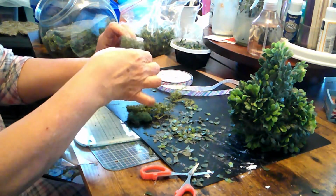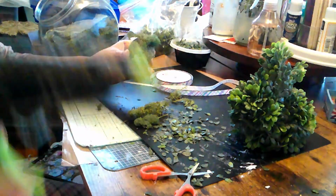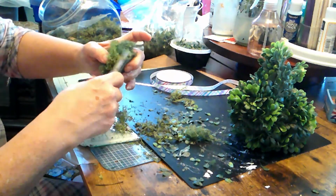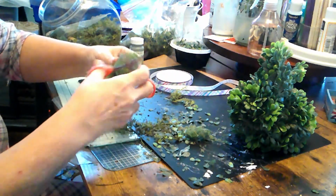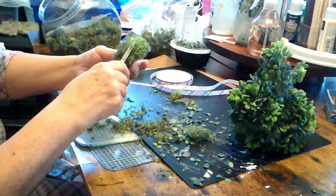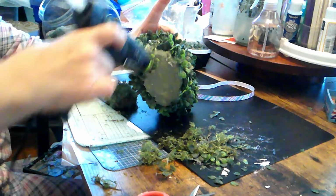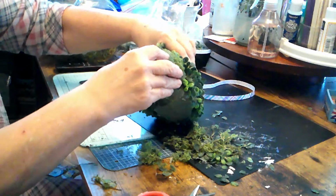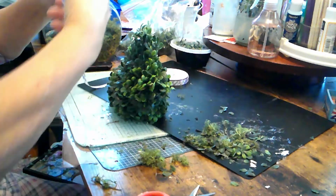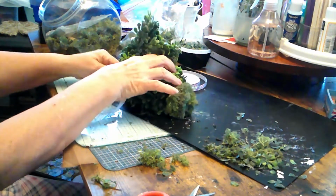Alright, actually I should have done it this way. Put the fluffy stuff in the middle, like that. And then just trim, and then depending on which side you like better, I'm putting in the